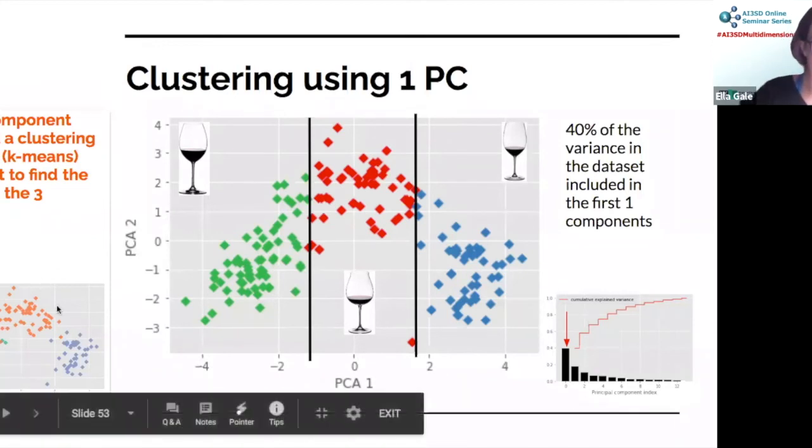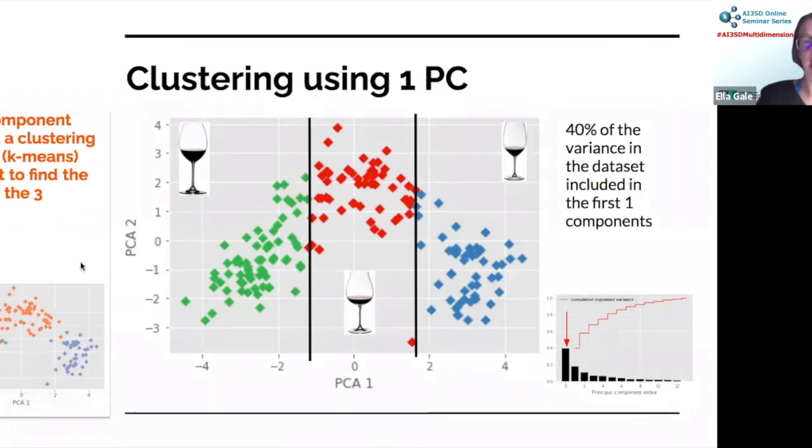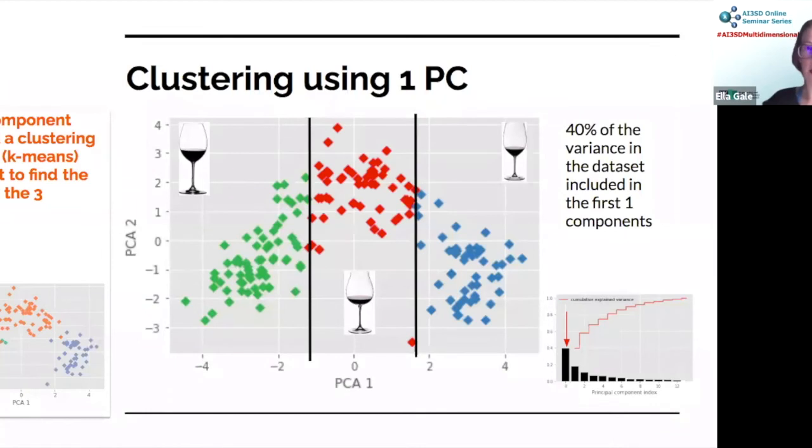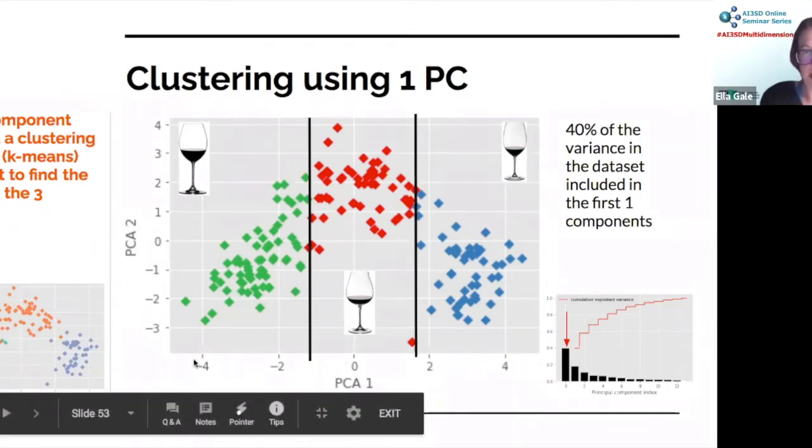If you see down here on the left is the ground truth. There's green, orange, and purple. And the clusters I thought I could see there do seem to correlate to the vineyards. So we should be able to find them using our algorithm. Now, normally we don't have the actual ground truth. Okay. Another thing to note, there are some encroaching points here. So we first try and cluster in 1 dimension using the first PC. I've plotted PCA1 against PCA2, but we asked the clustering algorithm to cluster only based along the x coordinate, and this is the result we get.